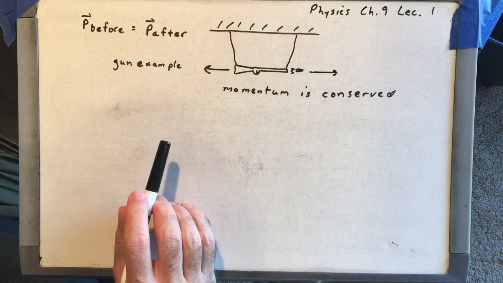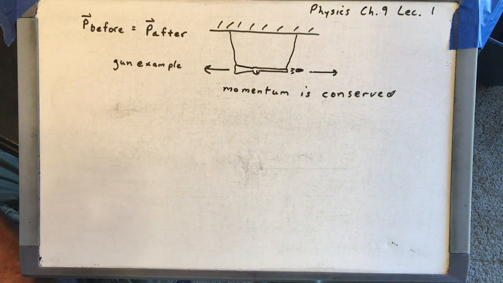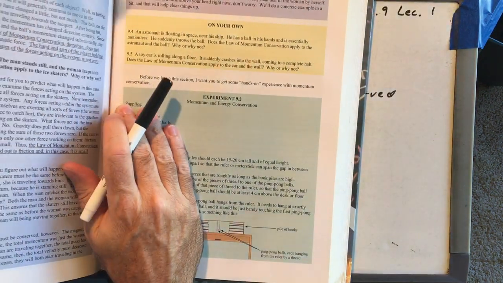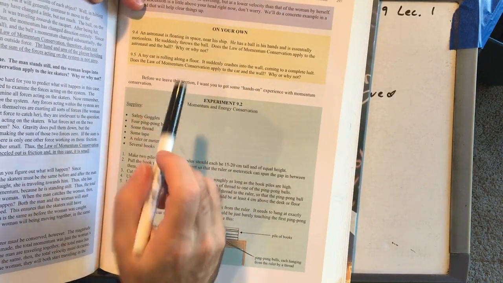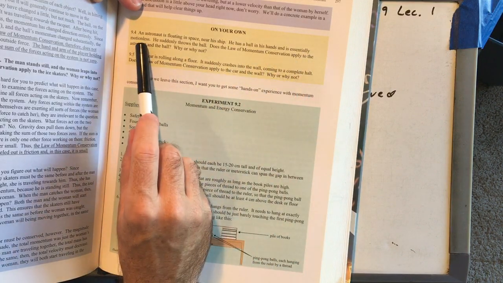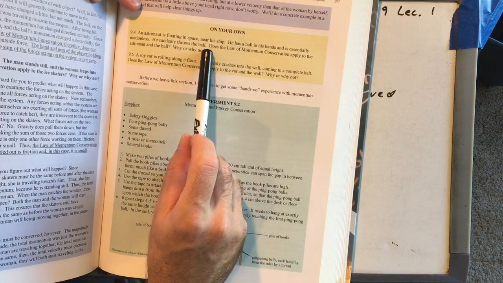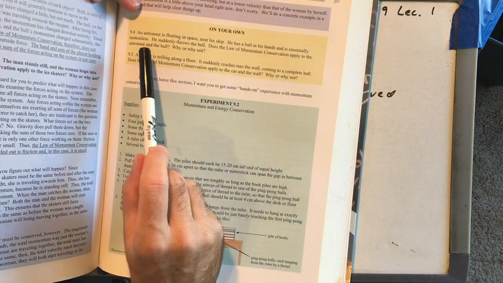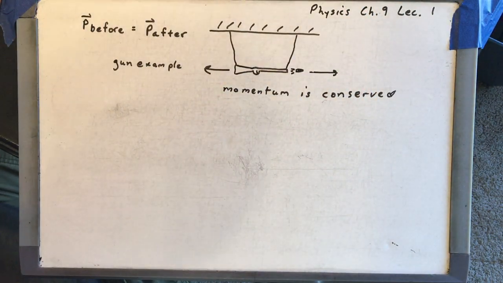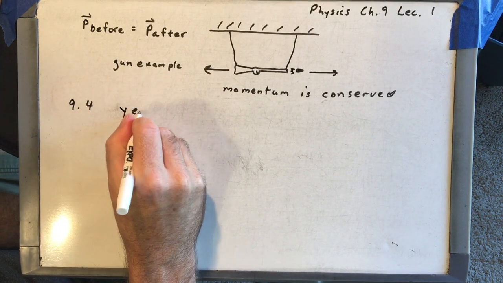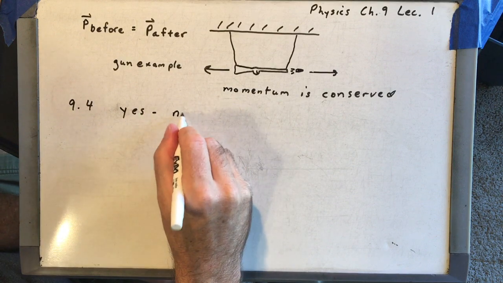Okay, let's look at 9.4. Now, it's not going to be a big deal to you because when we do math problems, momentum conservation will always apply. So an astronaut is floating in space near a ship. He has a ball in his hands and is essentially motionless. He suddenly throws the ball because all astronauts take a ball out into space. Such a great example. Does the law of momentum conservation apply to the astronaut and the ball? Why or why not? Okay, so for 9.4, the answer is yes. No forces